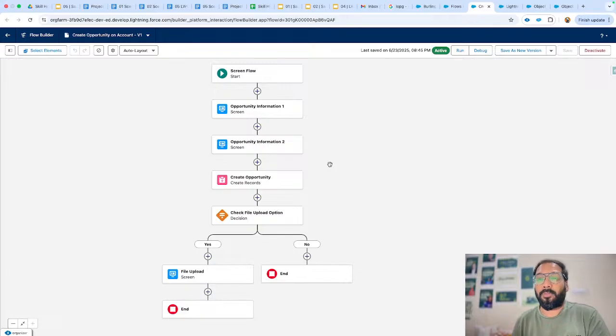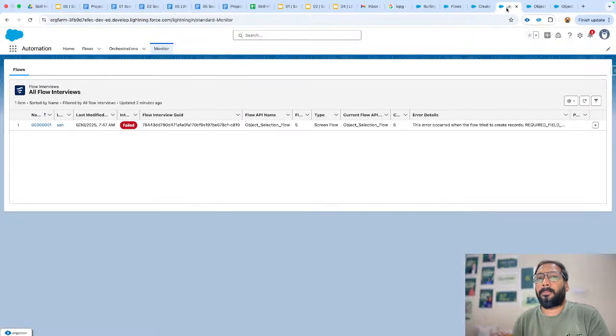Now if you want to pause your flow in between, for example, you provided Opportunity Information 1, but for the Opportunity Information 2 screen you don't have enough data and want to pause it in between, that is possible. Okay, we can do that. Now what we are going to do,